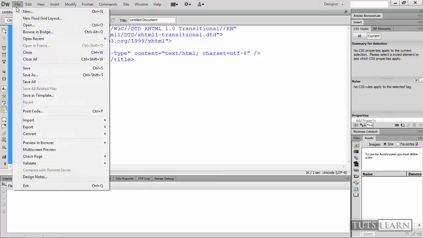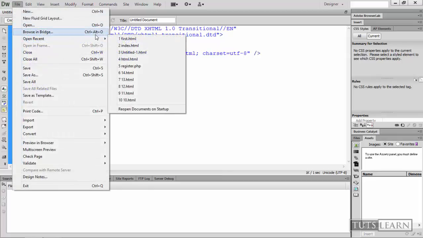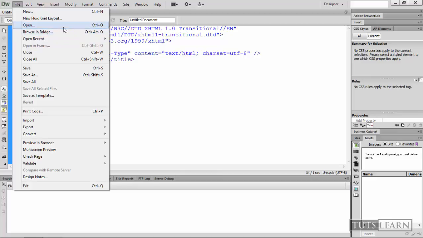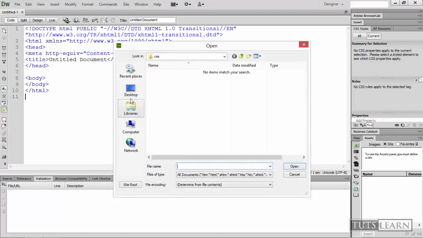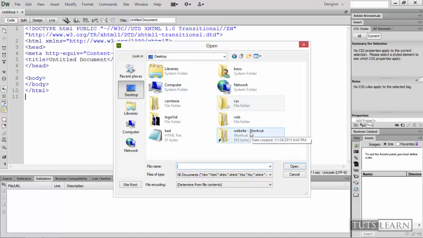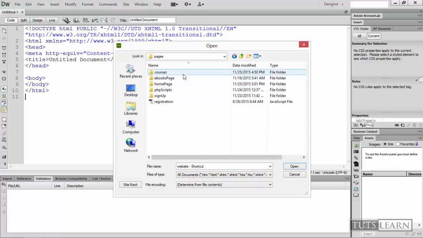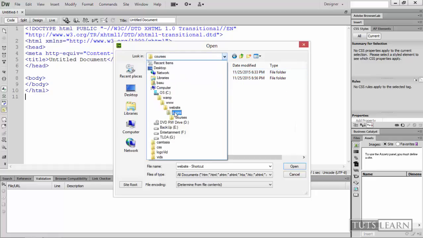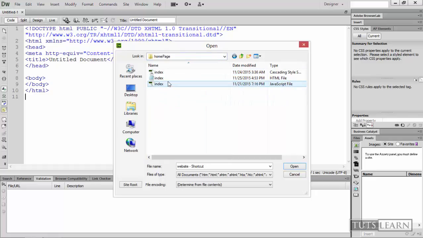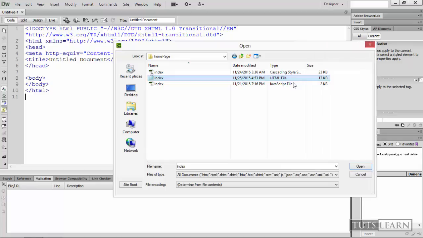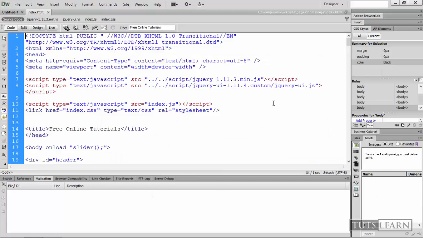I have an example of a website that I'm creating. If I open the website shortcut, pages, homepage, index, you can see there is an HTML file named index.html, and there is also a cascading style sheet file. These are the two files that I've been using. You can see index is only 13 KB, whereas the CSS file is 23 KB right now. So this is my HTML file. If I press F12,